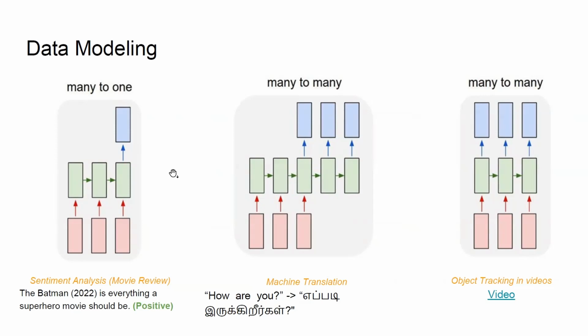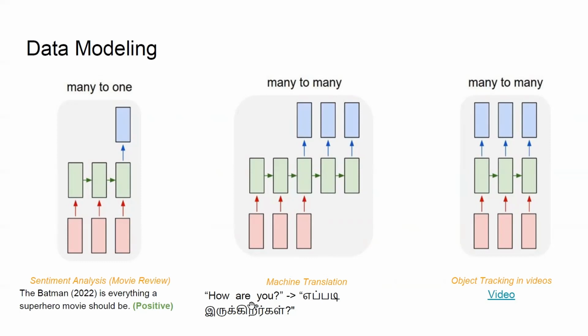A good example for this case is sentiment analysis of movies, where input sequence corresponds to the movie review. In this case, the movie review is for Batman 2022, and the output is whether the movie review is positive or not. The next category is many-to-many, which can be of two different types. The first one is where a sequence of inputs produces an output only when all the inputs have been processed. An example for this is machine translation, where you produce the translated version of a sentence only after processing the